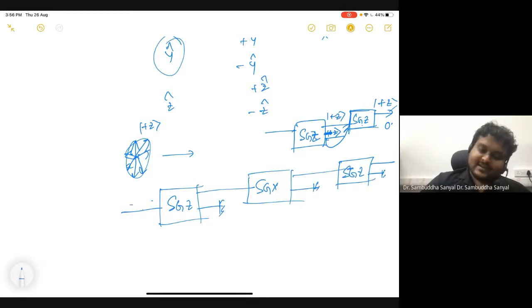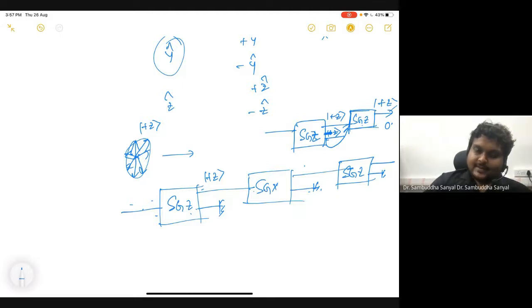So this guy, first of all, it has to know that whatever enters is not minus z or plus z, because it has to be careful about not projecting it along, and then it rotates it into the plus z direction. Now this guy also has to know what is entering. Its job is that it cannot be plus x or minus x. If it is plus x, it's simple: don't rotate. If it is minus x, then it should not rotate it at all, or it should not even let it go outside.